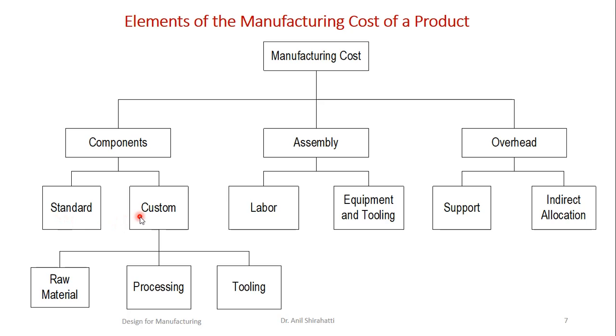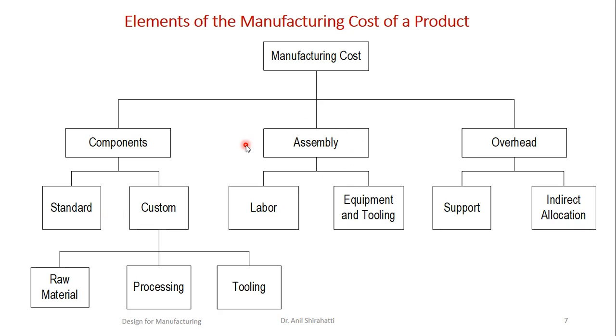But if I use, let's say, M19.8, in that case what happens? I have to get a customized raw material, process it, do all the tooling, and then do the manufacturing. If anything happens at the customer's place, again I have to remanufacture that nut and bolt and send it. But if it is a standard nut and bolt, we can go to any shop, buy that and simply change it. So if I have to reduce the manufacturing cost, I have to go for standard components wherever possible.